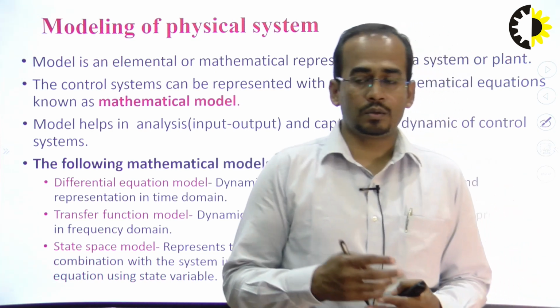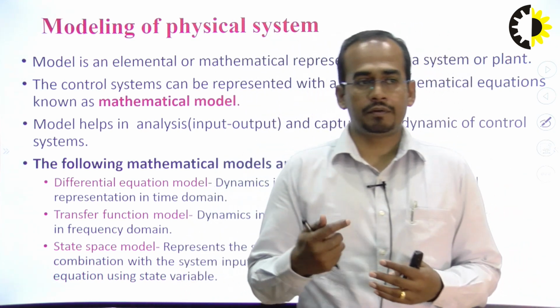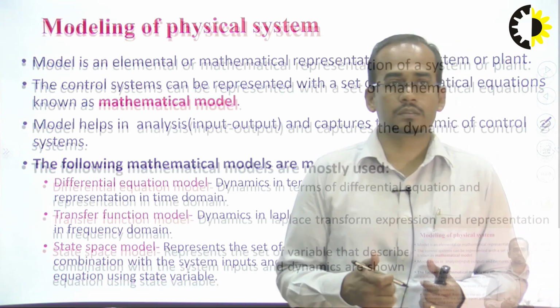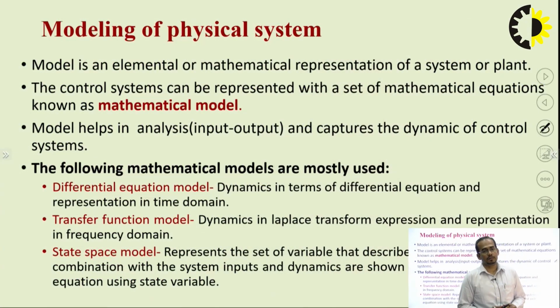Whenever we are finding the transfer function, we are finding the output to input ratio by taking all initial conditions as 0. In mathematical modeling, we have to find the differential equation. After that, we can find the transfer function,